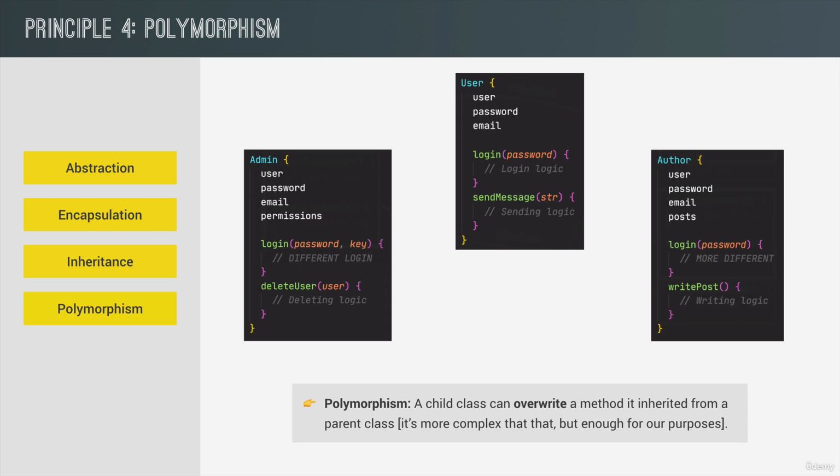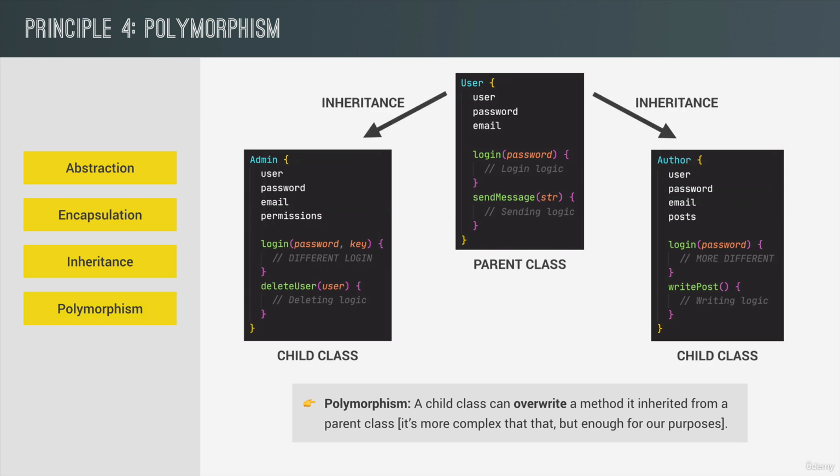And here are our user and admin classes again. But now we also have a third class, which is the author. Now, admin and author are both really just special kinds of users. And so it makes sense that they both inherit from the user class, just like we studied in the last slide. Therefore, they inherit all the properties and methods from the user class, but we're going to focus on the